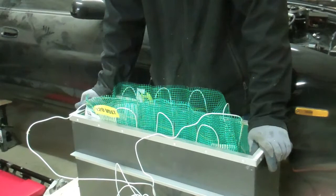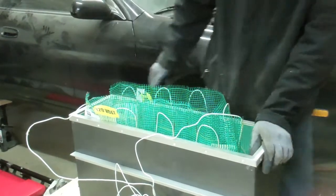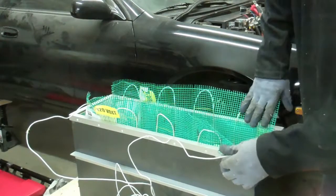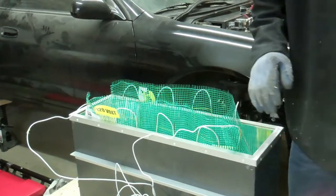It'll save the batteries and help the car charge up. I might even be able to plug it into the main pack if I needed to. I'm not sure. That I'll have to figure out later. But for now,